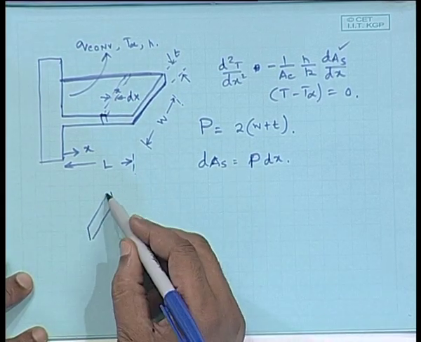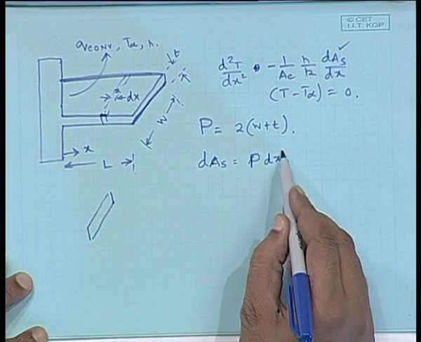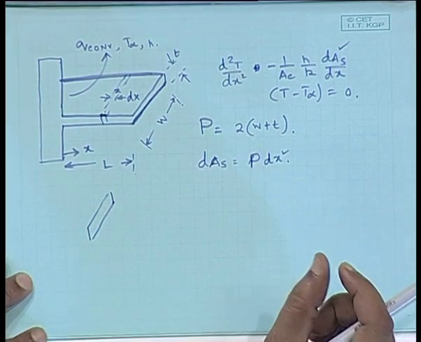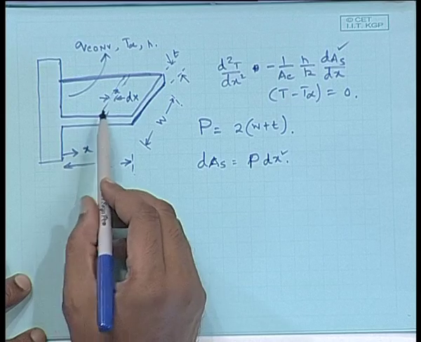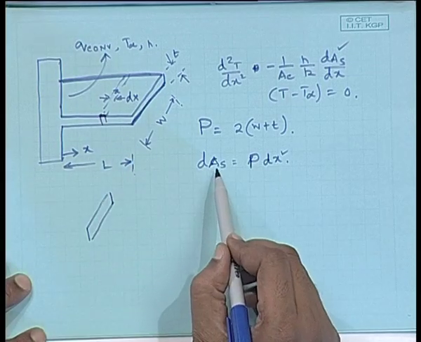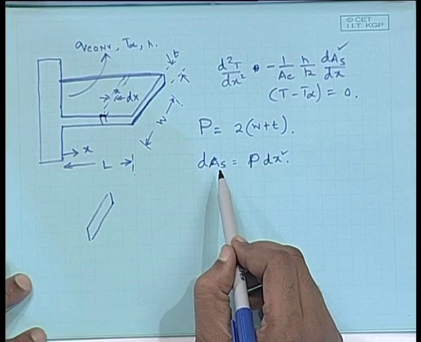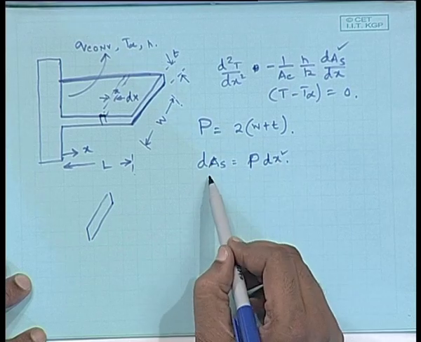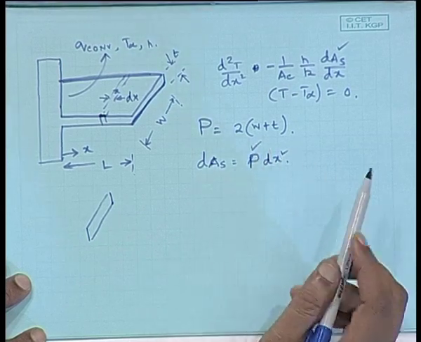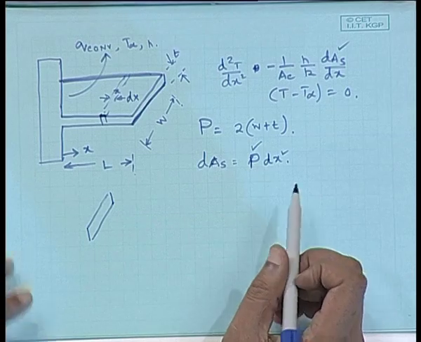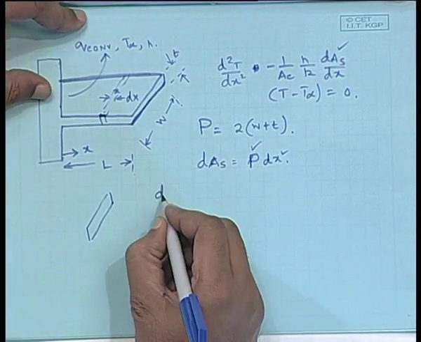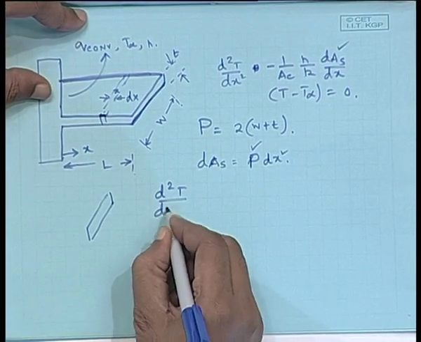Okay. So, all the perimeter multiplied by dx, where dx is the differential distance, should be equal to the area from which convection is taking place. So, when you think of dAs by dx, it would be a constant, simply equal to the perimeter of the system. So, the governing equation would simply be equal to